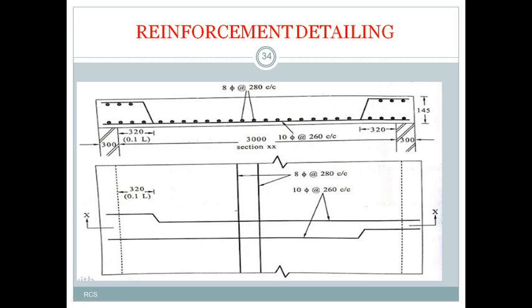So these are the things for today's lecture. Let me summarize what we discussed today. We have discussed the design steps. First of all, we have to assume the effective depth, then calculate the effective span of the slab, then calculate the total load acting on the slab. Based on the total load, I have to calculate the maximum bending moment, and by equating the limiting moment of resistance and the maximum bending moment, we calculate the limiting depth, the required depth